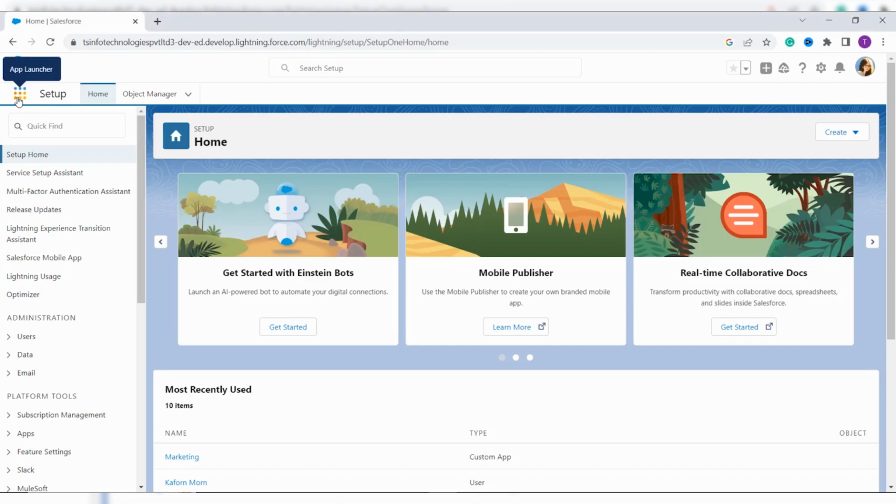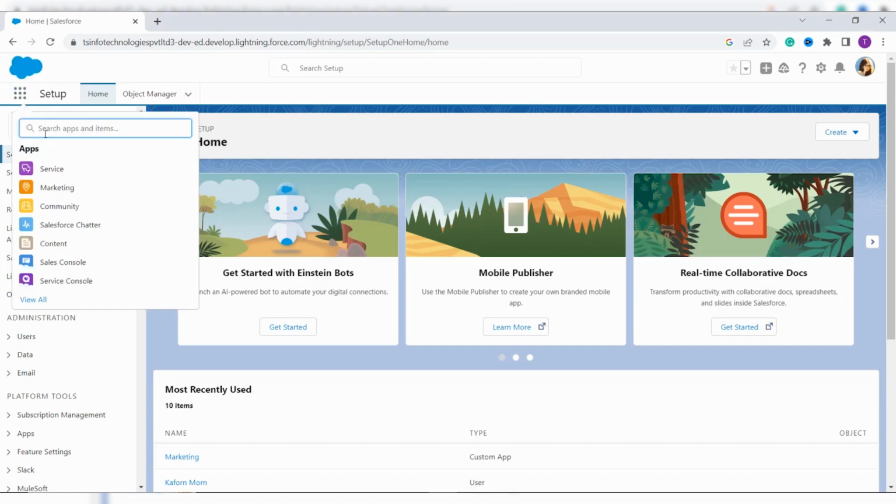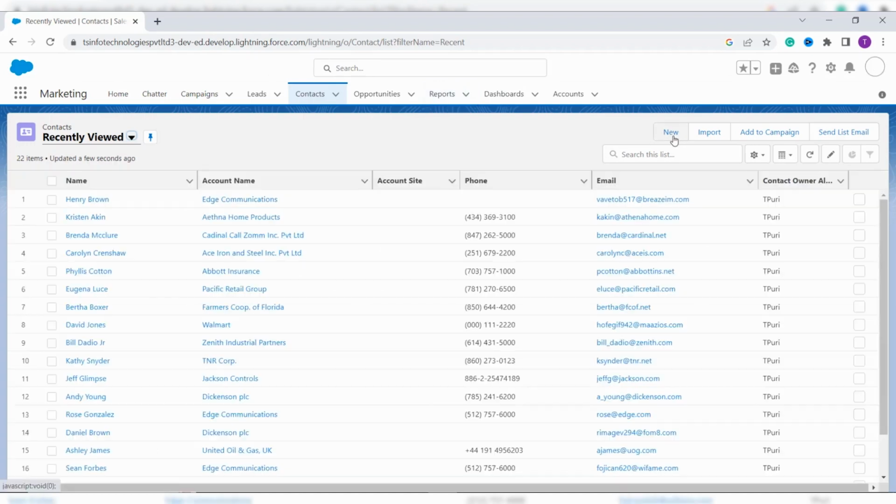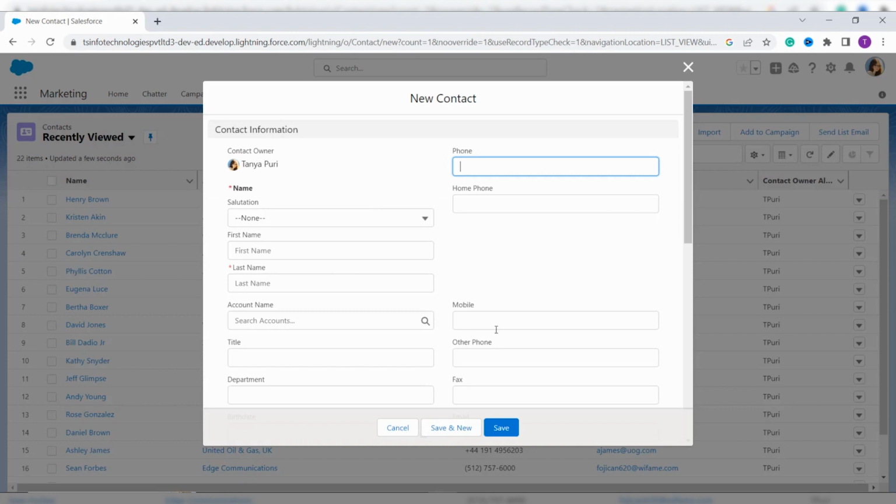You have to click on this app launcher, then search for Contacts. Next, click on this New button if you want to create a new contact. Now you have to fill up all the necessary details. So here I select the salutation as Mr., then I set the first name as Leo, the last name as Park, and you